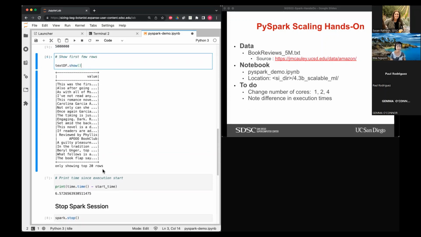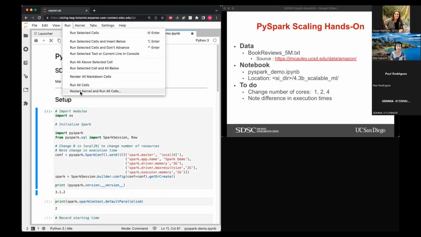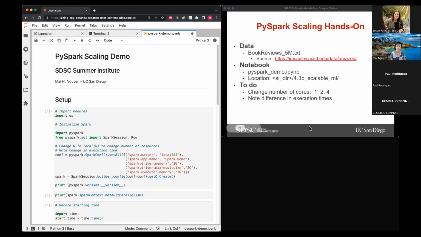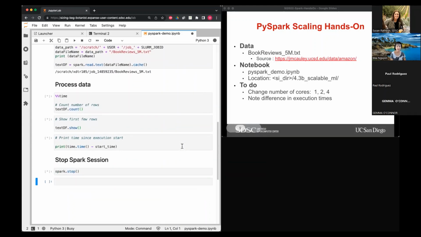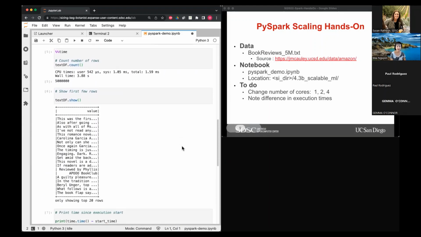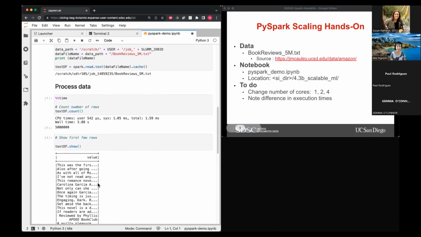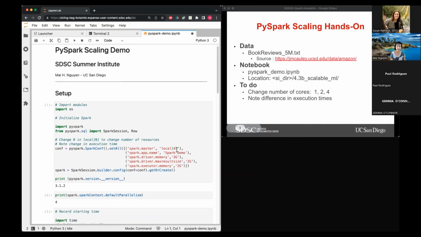Using 2 cores. Right, so let's try changing it to 4 cores. Again, we need to restart the kernel and run all cells, and let's see how much faster that is. We went from 9.5 to 6.5 to now 5.4 using 4 cores. So we see that there's some speedup, right? It's not double. When you double the number of cores, it's not going to double because of communication overhead and all the things that Bob and others have talked about this week.